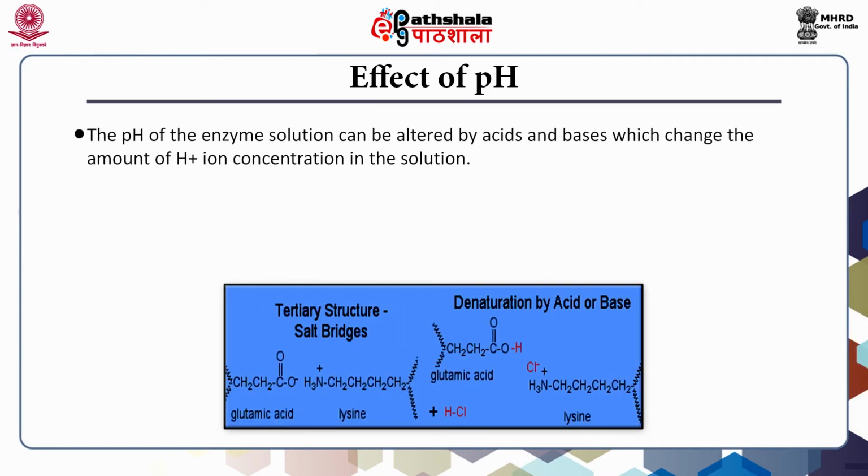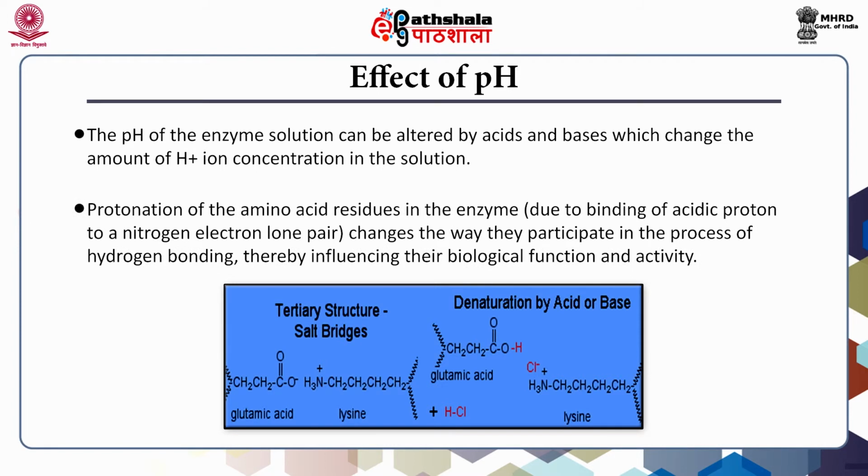The pH of the enzyme solution can be altered by acids and bases which change the amount of H+ ion concentration in the solution. Protonation of the amino acid residues in the enzyme due to the binding of acidic proton to a nitrogen electron lone pair changes the way they participate in the process of hydrogen bonding, thereby influencing their